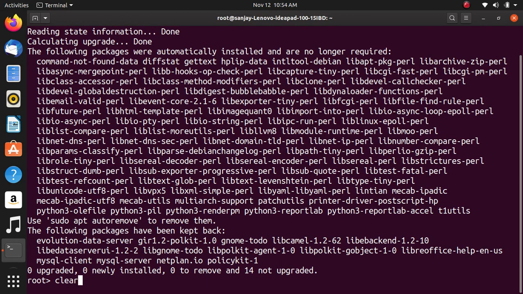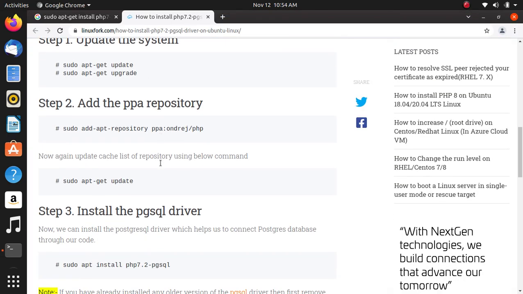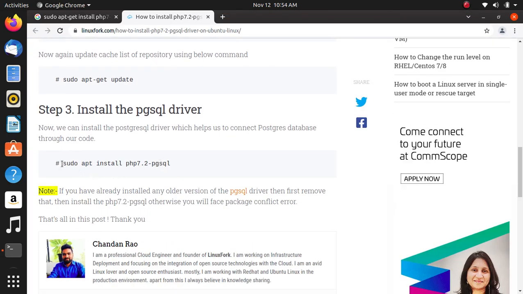Okay, fine. Then we will see how to load the driver.